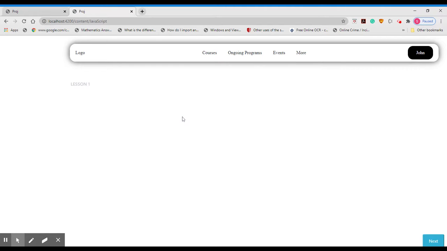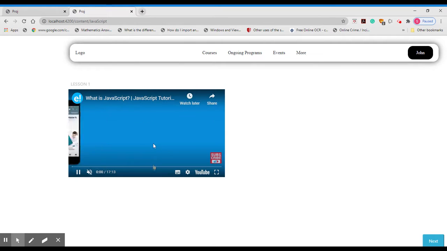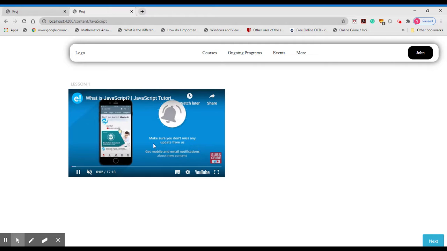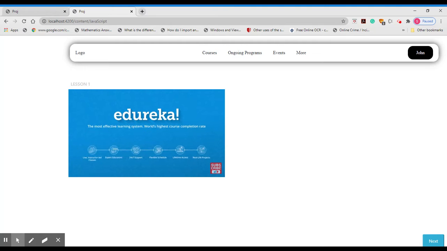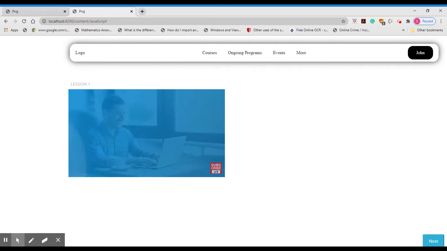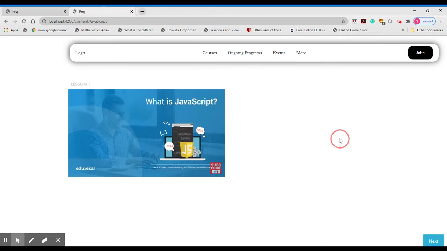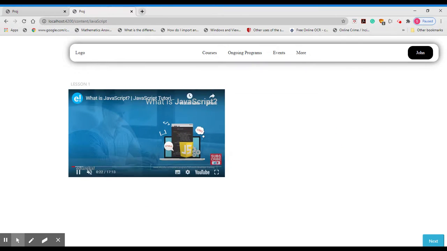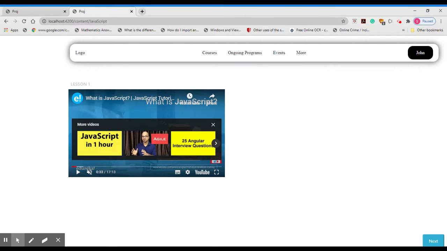So let's start learning JavaScript. As you can see, for the first lesson, it has recommended a video for our newly registered user. In the backend, a separate model is trained for every user, which keeps on updating based on user data which is recorded, like the time spent or the click activity, and the model accordingly trains itself. As we spend time on this, it will be sent to the backend. So let's move to the next lesson.